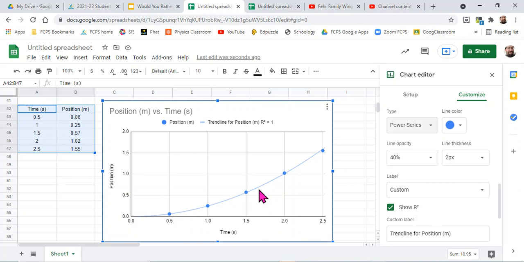But the problem is that's a curvy line. Remember, we use line and curve kind of interchangeably here. It's definitely not a linear type straight line. It's a curvy line. So how are we going to deal with that? Well, we have to linearize it. But before we linearize things, let's go ahead and